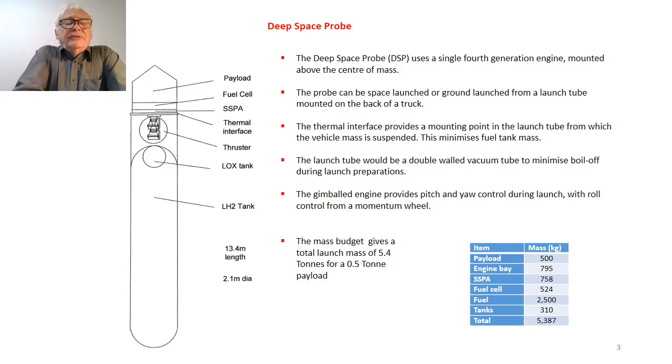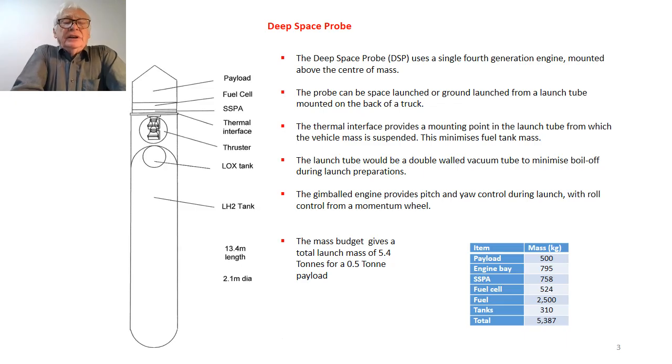Above this thermal interface, outside the launch tube, you can still have access to the payload during the last period of launch preparation, which can be quite useful. Below the thermal interface, everything is at cryogenic temperatures. Above the thermal interface, we have the SSPA fuel cell and the payload. So the launch tube itself would be a double-walled vacuum tube to minimize boil-off,